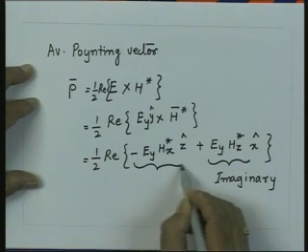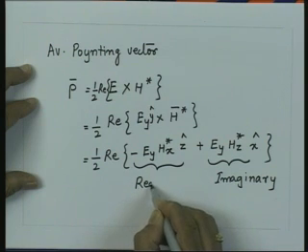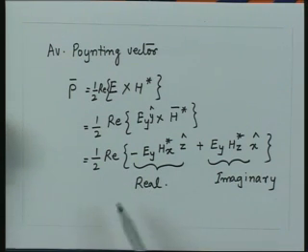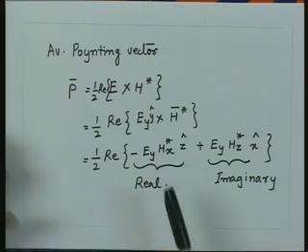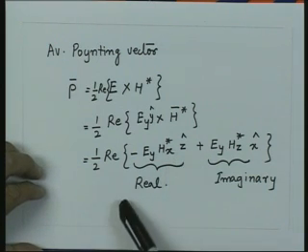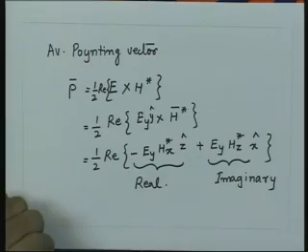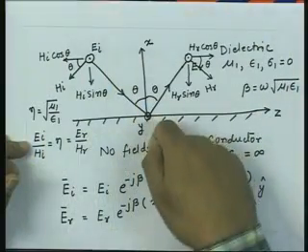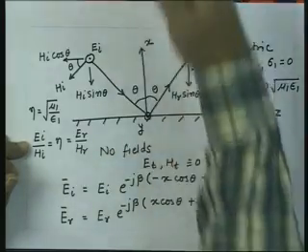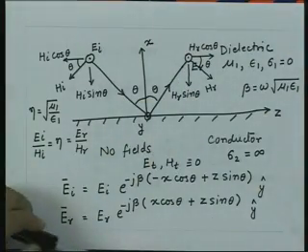This is the quantity which is a real quantity. So, we get a power flow which is in the z direction. There is no net power flow in the x direction. And that makes sense that once you are having a boundary which is a conducting boundary, the power is not going to go inside this conducting boundary. So whatever power is incident essentially has to go back in medium 1.